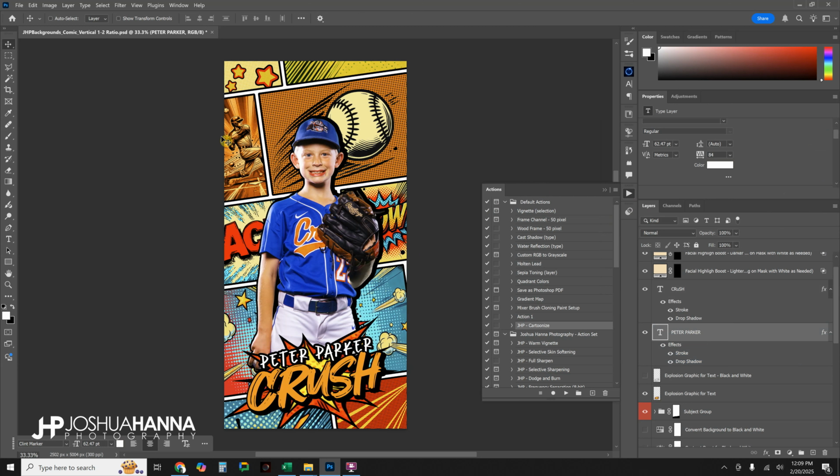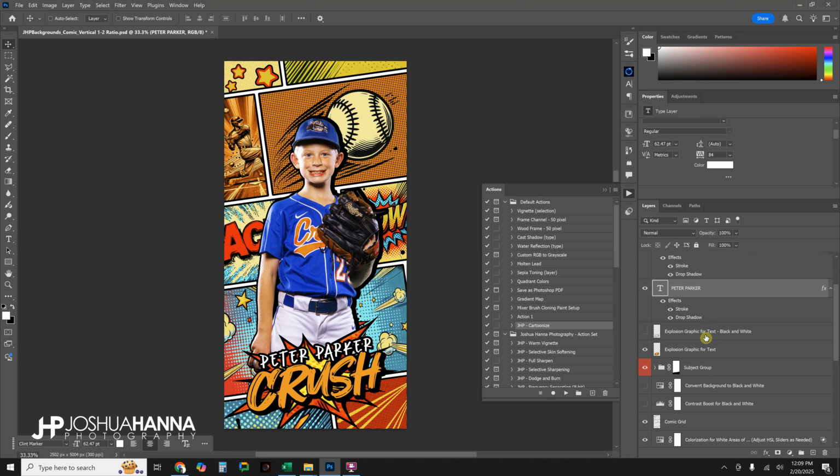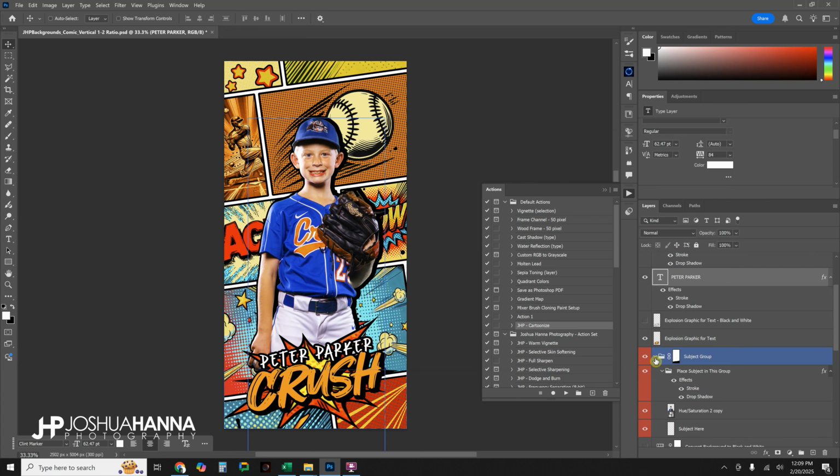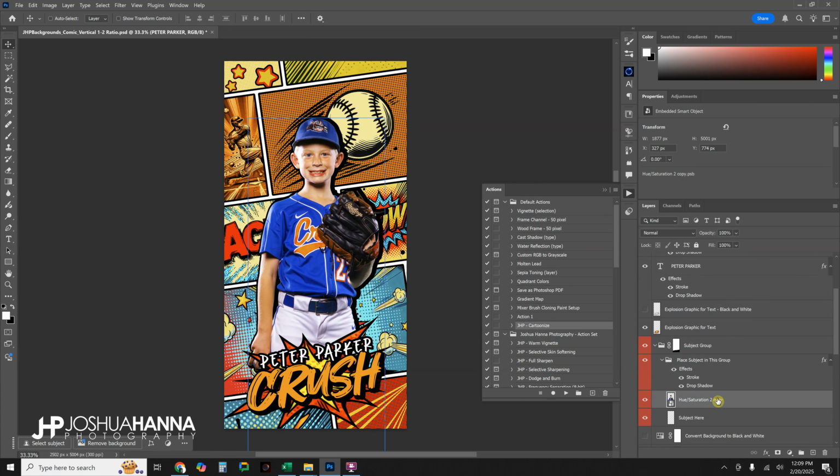There is one last thing that I did want to include on this, and with this design I've also included a custom action to take your subject and create a cartoonized type of version of them to match this whole aesthetic. So to use that, what we're going to do is open up our subject group. I'm going to come select our subject, and then you're going to see when you load this up, and if you've never added an action, all you need to do is make sure your